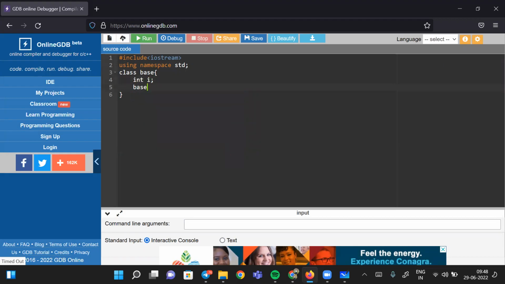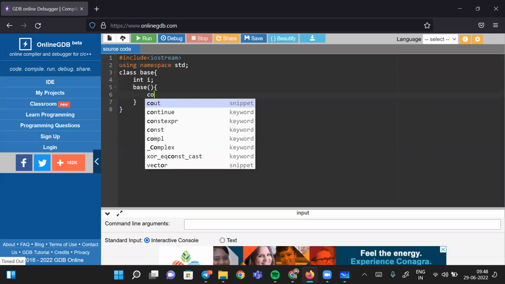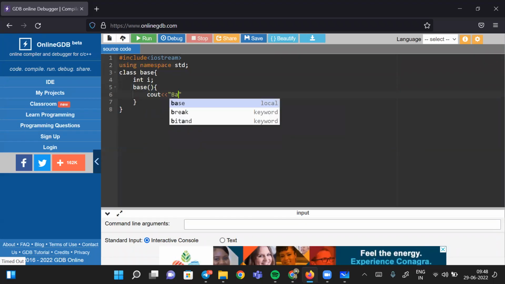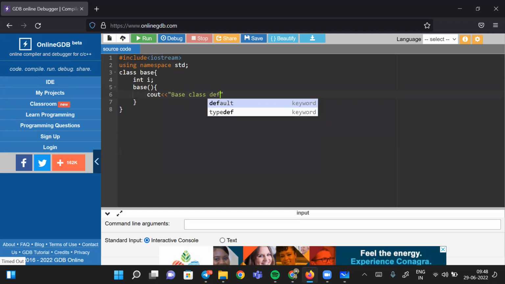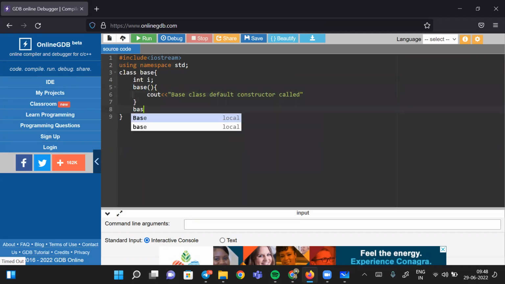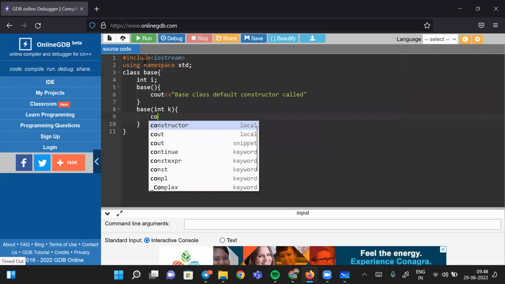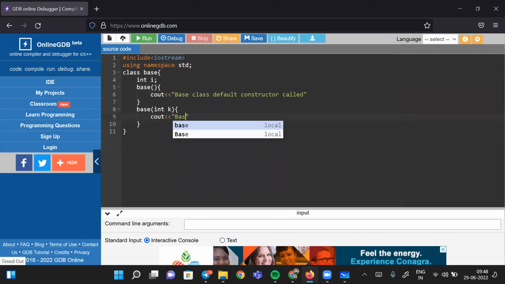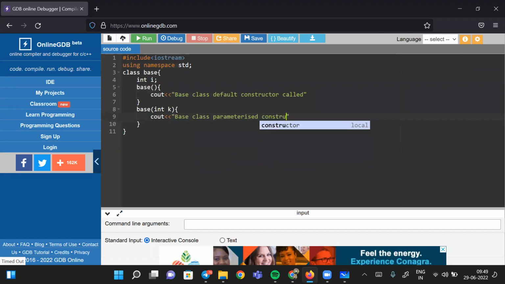So the base class default constructor: cout "base class default constructor called". Base class parameterized constructor with int k: cout "base class parameterized constructor called";